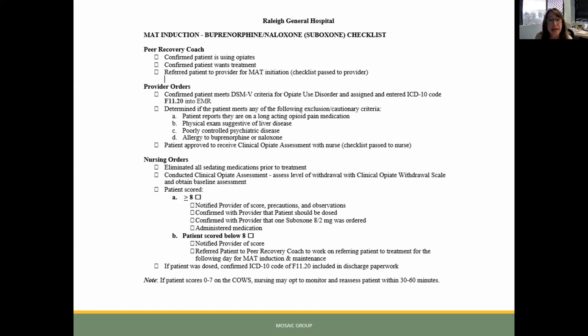And the provider's first step is to do a quick little assessment of the patient. And Dr. Lane has approved all of this, and we've done provider training at the monthly meeting on their role. The provider is going to confirm that the patient meets DSM-5 criteria for an opiate use disorder, and they're going to assign the ICD-10 code F11.20 in the